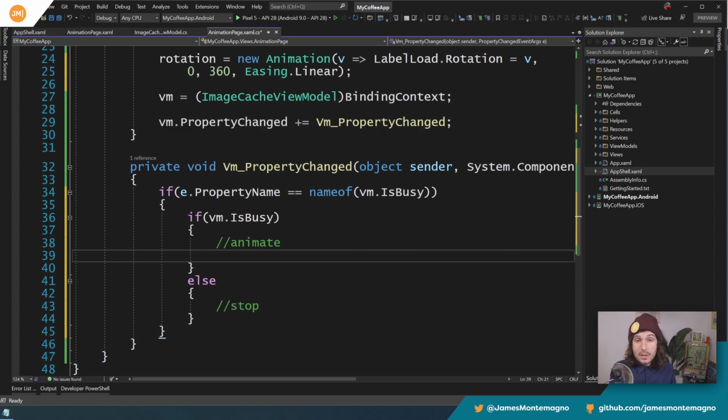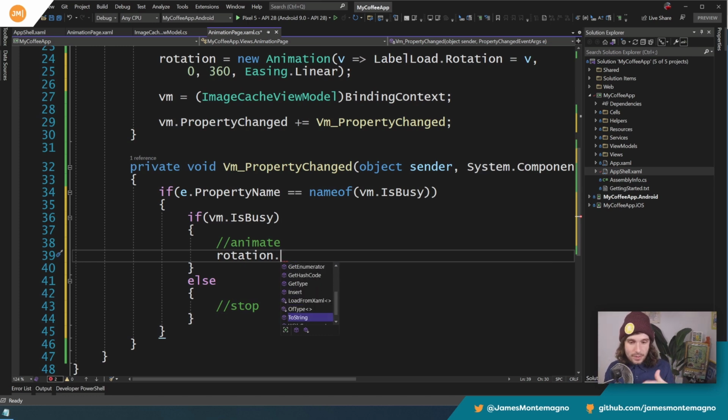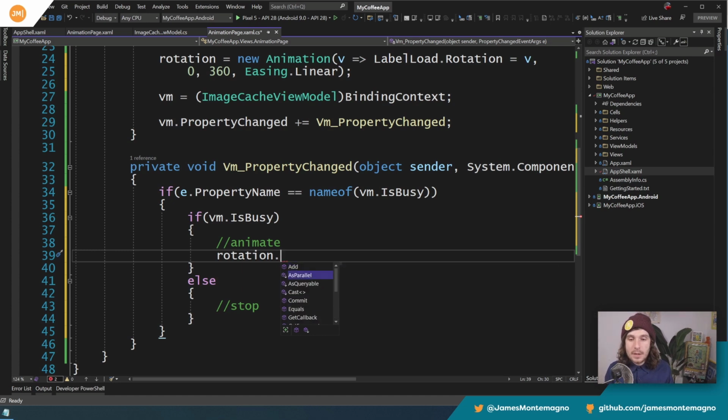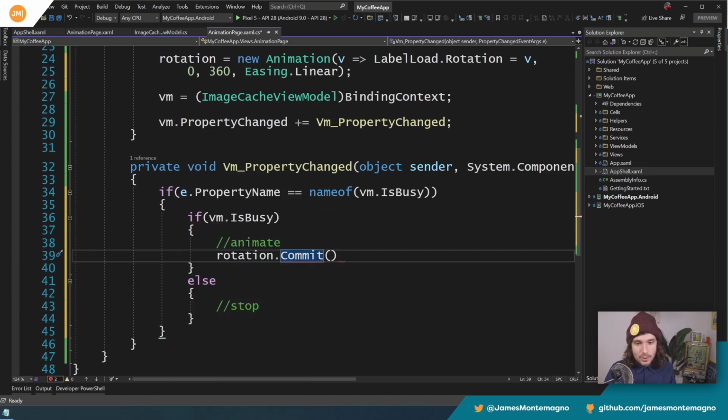The animation is we're going to commit a new animation to occur right now. So I'm going to say rotate, a rotation, I should say, is the name of the animation. And I could do things like add, and there's queryable, a bunch of different things. There's inserting animations, you can chain things together, but we're just going to commit a new animation here. It's kind of cut off on the screen, so I'm going to walk through what is in this. If I actually go to definition here,